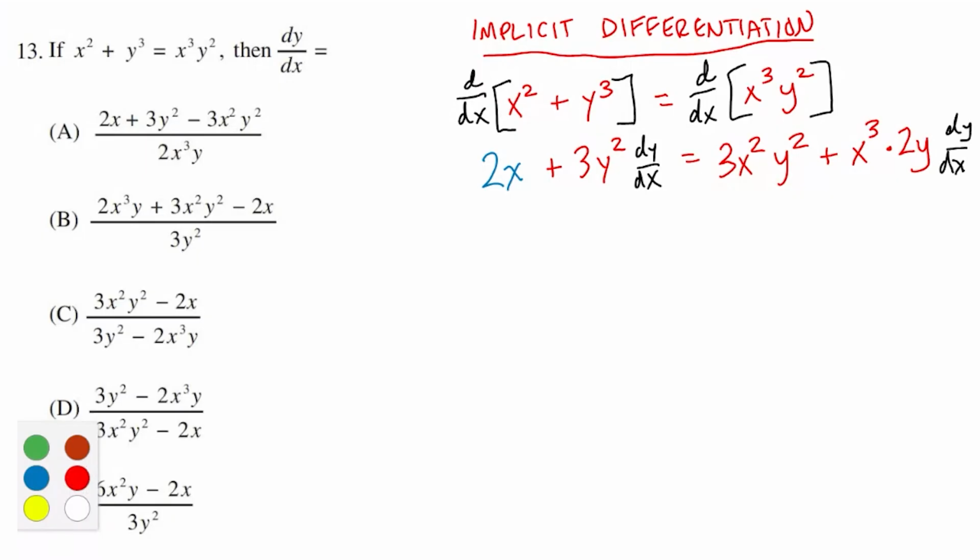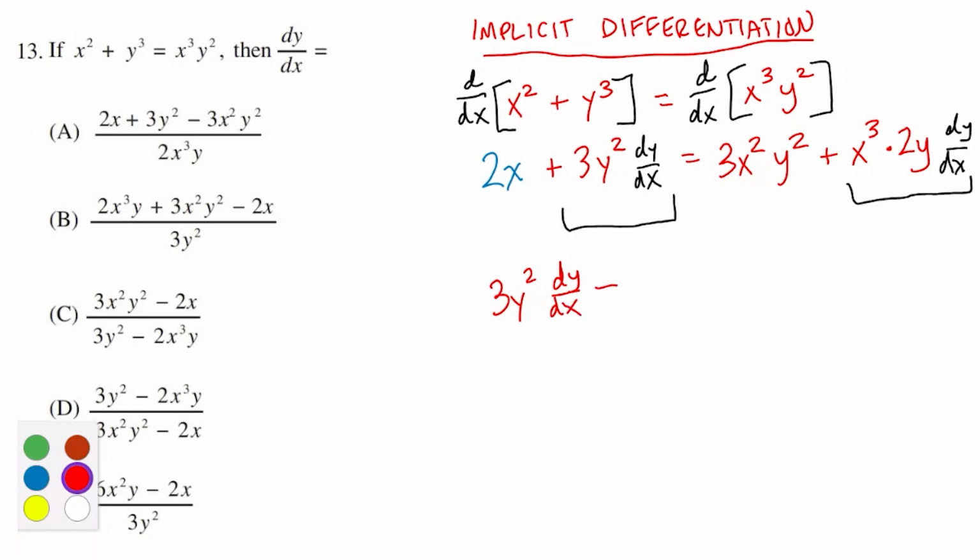Now our goal here is to find dy/dx, so we're going to have to algebraically isolate that from everything else. To do that, we want to bring all the terms that have a dy/dx, and there's only two of them, over to one side, and bring all the other terms to the other side. So the 3y squared dy/dx is already on the left-hand side, but let's bring that x cubed times 2y over there as well. So I've got that 3y squared dy/dx